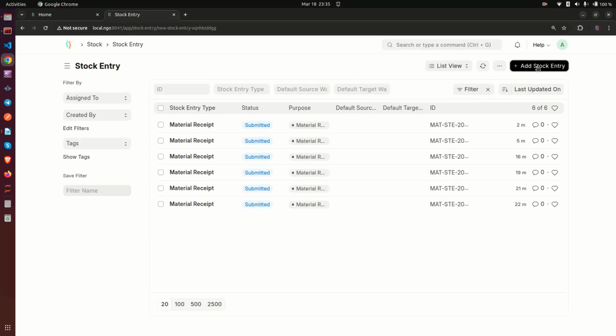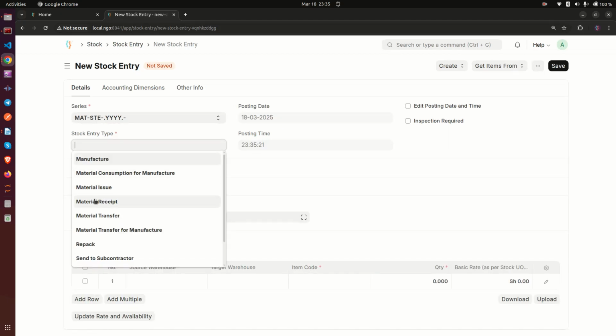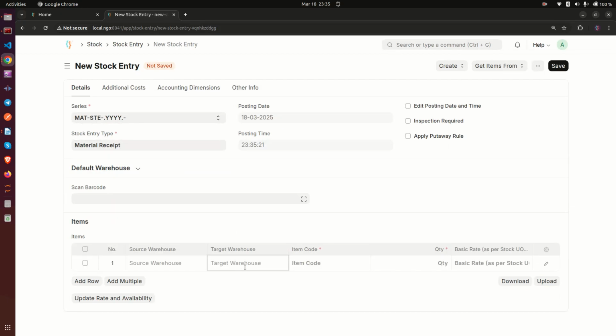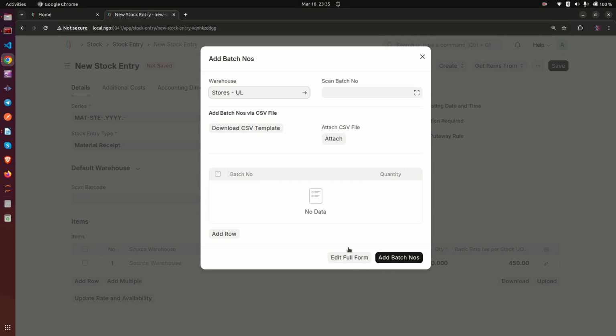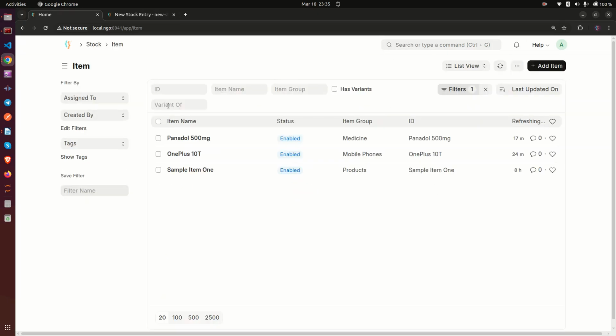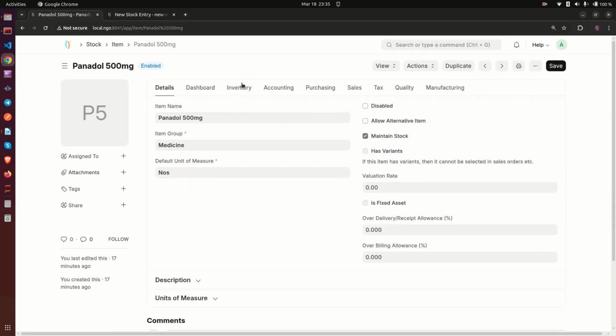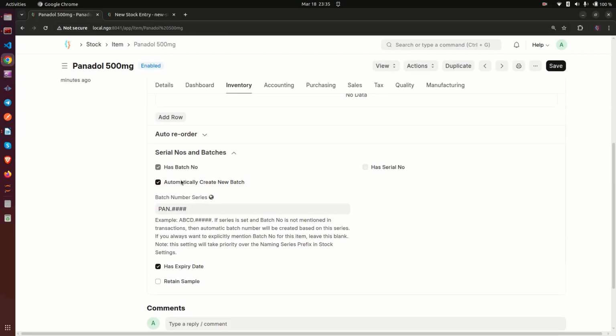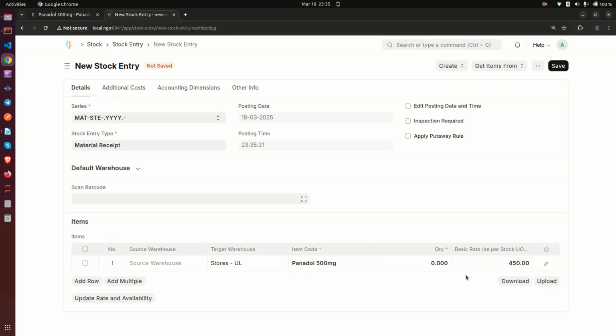So let me go to stock entry here, and then I'm going to do a material receipt again, and the target warehouse is going to be stores, and the item this time is Panadol 500. This one wants me to specify the batch. But remember that we told the system that it can generate. Let me see whether we have allowed it to generate automatically. As long as we have this automatically checked, we don't have to specify that. So this is going to be pan and 4 digits. So we can ignore that pop-up,